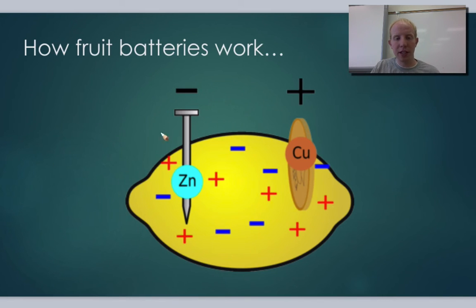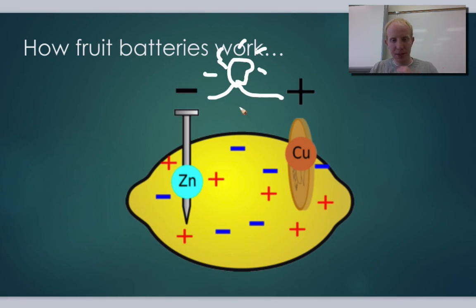So then if you connected a light bulb or a clock to it, right? Let's say this is a light bulb. Okay, and the light bulb will glow, right? Because electrons are flowing through the light bulb to the copper, and that's what's ionizing it. Okay, so the property of the metal itself ionizes certain solutions, certain acids. So fruits and potatoes often have those solutions, and so the zinc can ionize and the copper can ionize, and then you can get this electron flow. Okay,